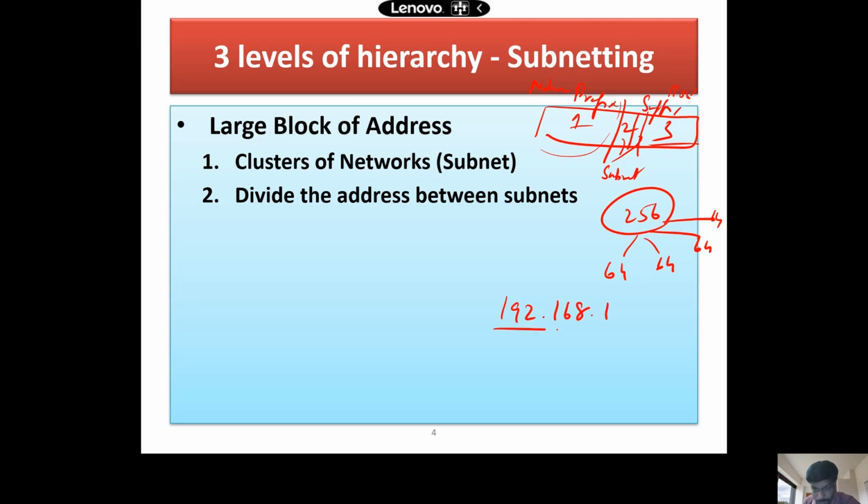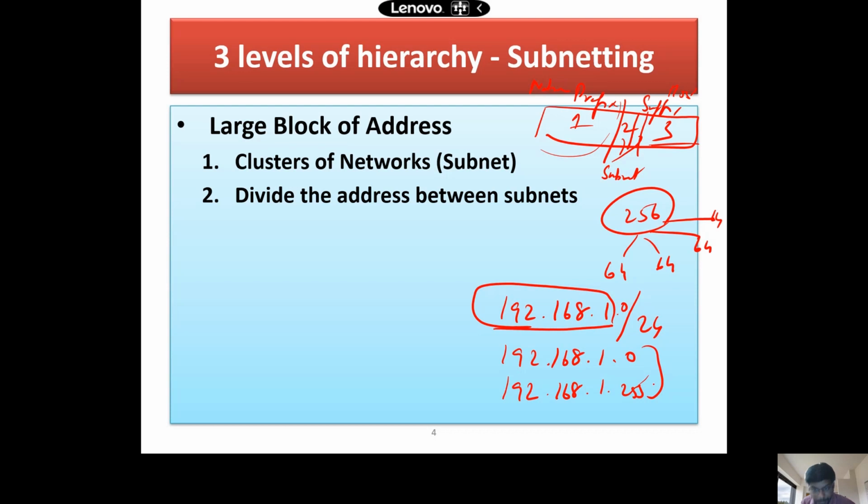But I know that given this particular block, 192.168.1, this 24 bits /24 is given to me, right? Now I can play with the last 8 bits. In that 8 bits, I have to ensure that I use all of this. So the range of addresses, you know that it's going to be 192.168.1.0, the first address in that block. The last address in that block is 192.168.1.255. I should not skip any bits. I have to continuously allot. But I know that from 192.168.1.0 till .63, this will go for my first block, subnet 1.